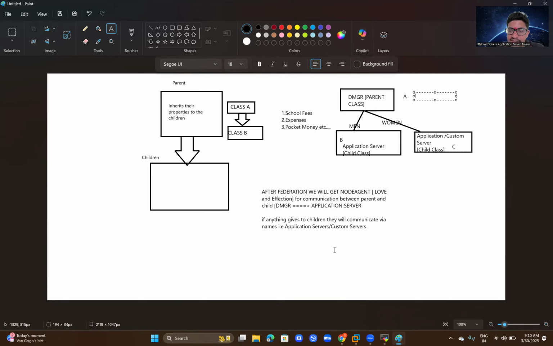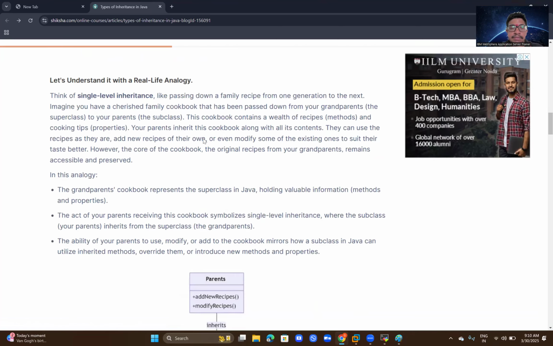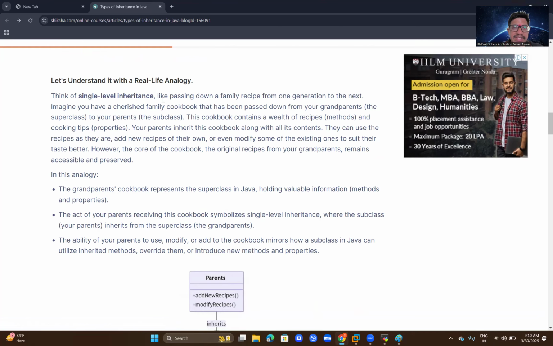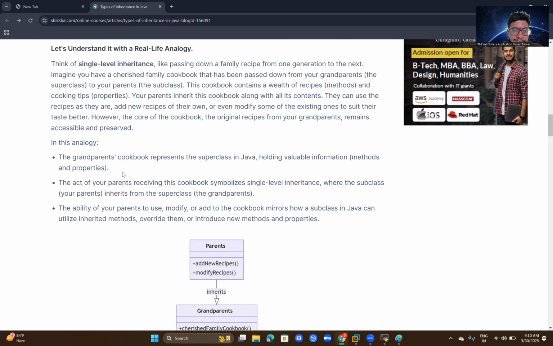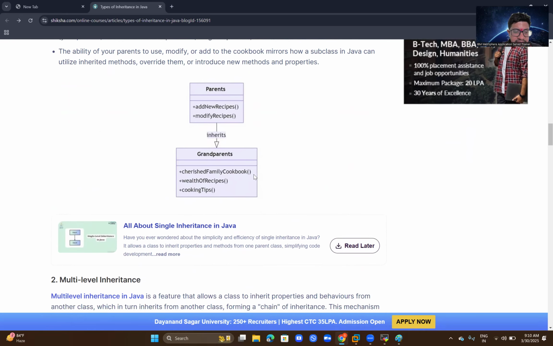In these scenarios, I will explain what inheritance is. There are multiple types of inheritance. Think of single inheritance as a family passing down, receiving from one generation to the next. That is, a cookbook passed down from a grandparent, the superclass. Okay, this is the example. The parent inherits from the grandparents and adds new recipes like this. This is one of the examples. I will show you